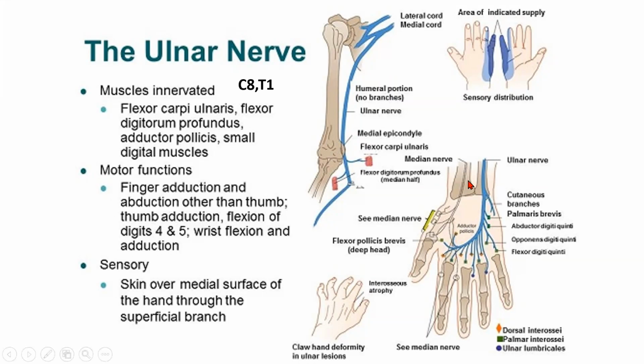And if you want to go into the details of the intrinsic muscles, this is the list here. The palmaris brevis, abductor digiti minimi, opponens digiti minimi, flexor digiti quinti. All these muscles, along with the dorsal and palmar interossei and the ulnar 2 lumbricals. See, we saw there were 4 lumbricals, 1 and 2 supplied by the median nerve, 3 and 4 supplied by the ulnar nerve. In addition to this, the flexor pollicis brevis deep head, as well as the adductor pollicis, are supplied by the ulnar nerve.